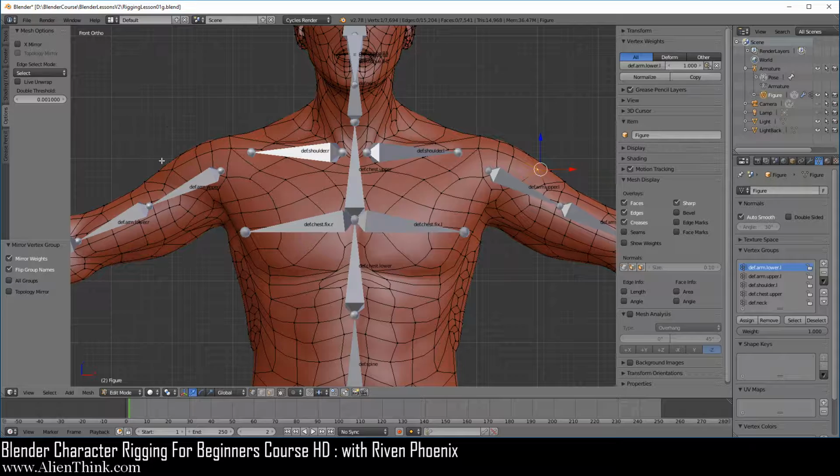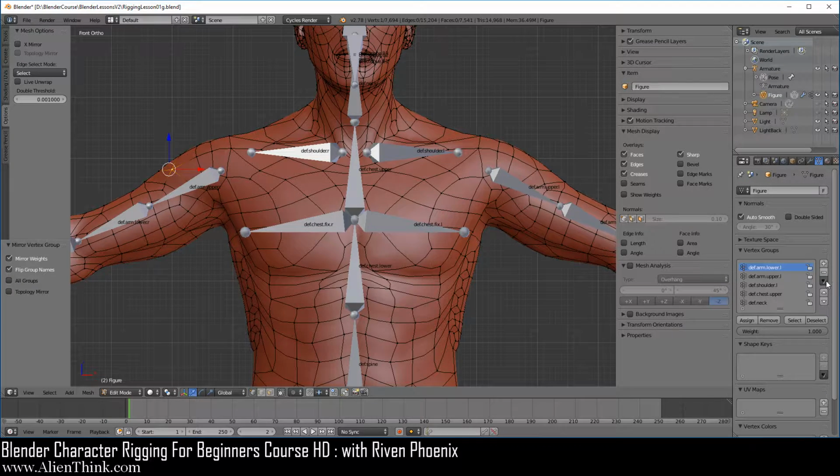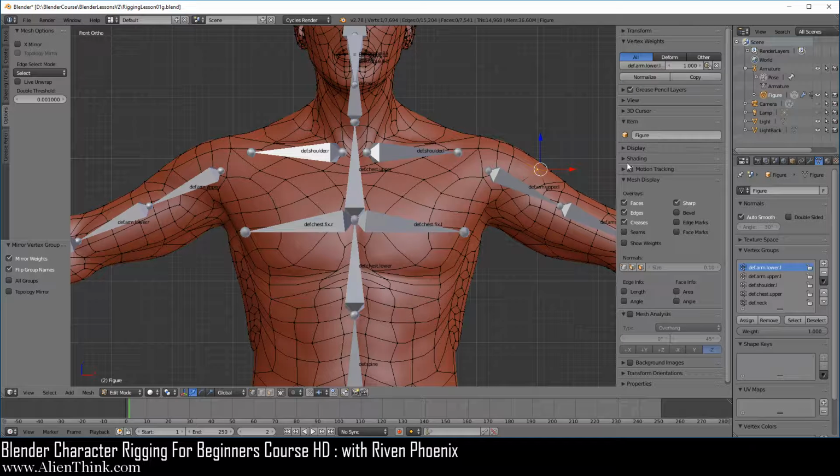Now remember, when we clicked on this vertex and fired this function off, it copied it. So what happens when we have the .r version of this vertex group? So let's go ahead and click the plus sign. Now notice that this is here. You can actually click the bottom and it'll just end up on top. Go ahead and double click this to Control C, click over here to Control V, and just type in .r.